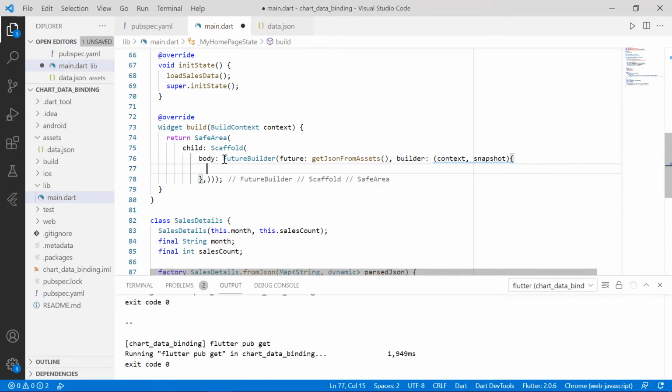Let's check a condition and return based on it. If data is available, we can return the chart. Else we can return the CircularProgressIndicator widget.